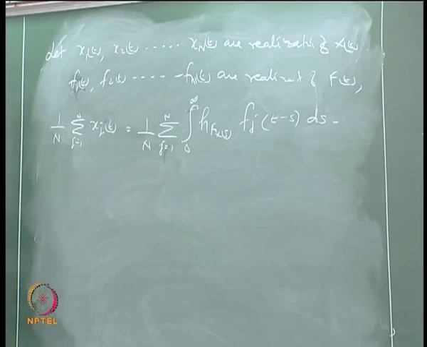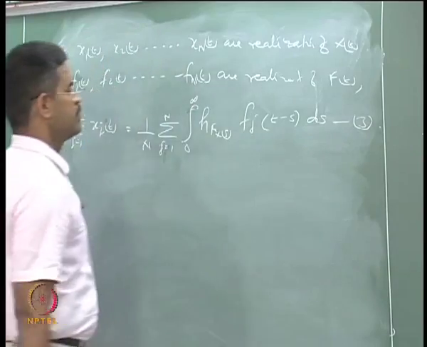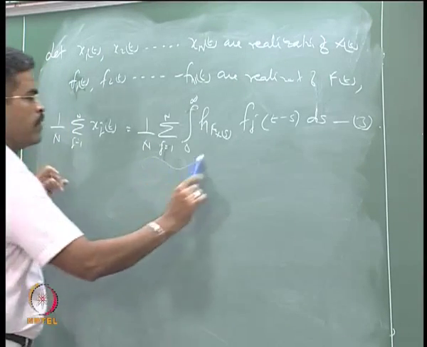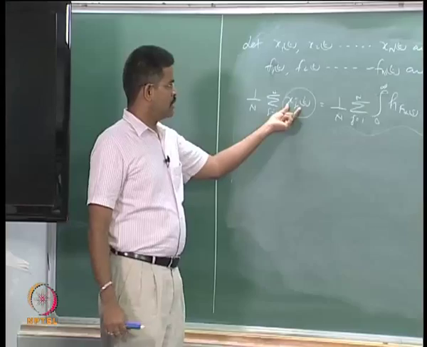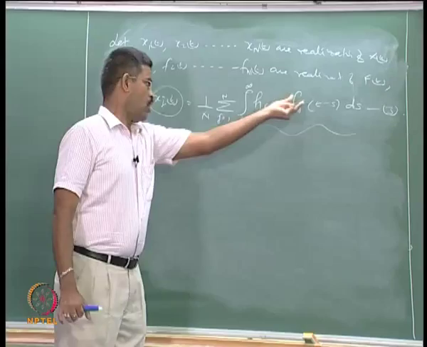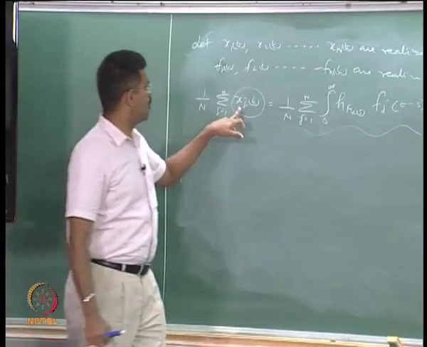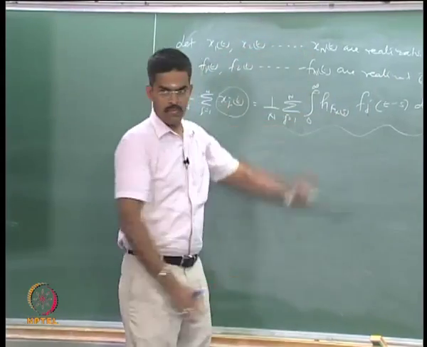I call this equation number 3. This is what I have borrowed from my response, is it not? I am using the response as a transfer function or impulse response function on the load. I am using all small because I am talking about realization for an entire domain of 0 to infinity,